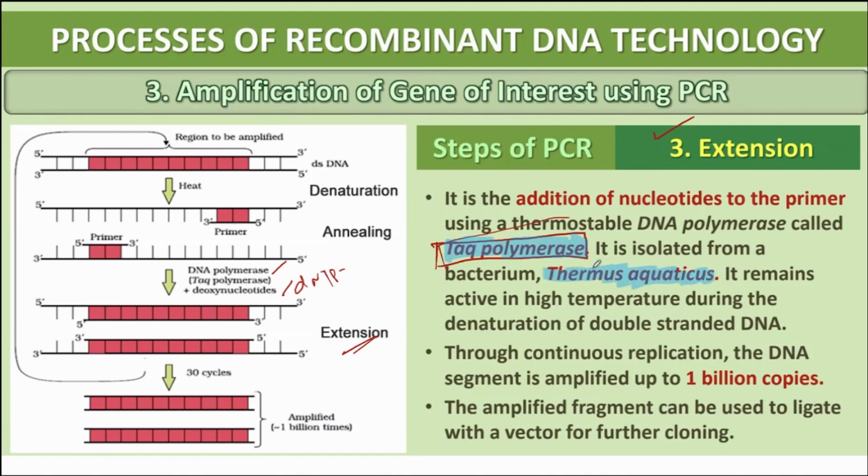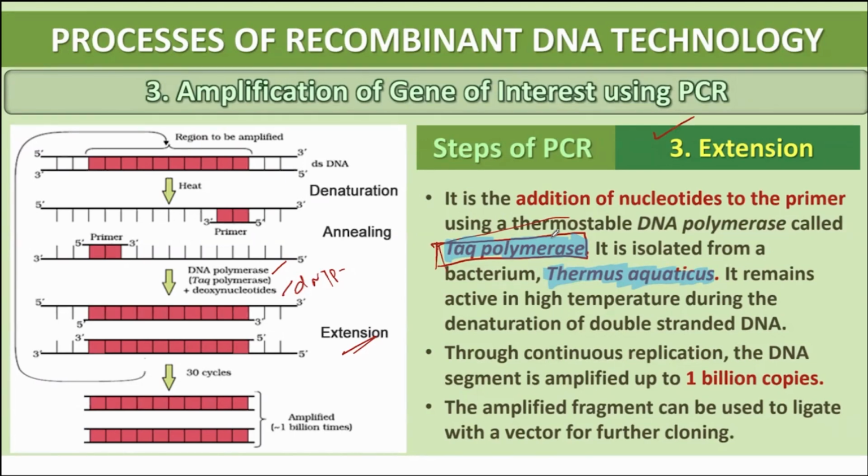Now, why do we really need this? Unlike normal DNA polymerases that are present naturally in our body or in any bacteria, they can easily degrade at 90. But we need this temperature to break the DNA strands. We need 98 degrees for the DNA strands to break. But at 90 degrees, a normal polymerase won't be stable or viable. It will basically degrade, right? So therefore,